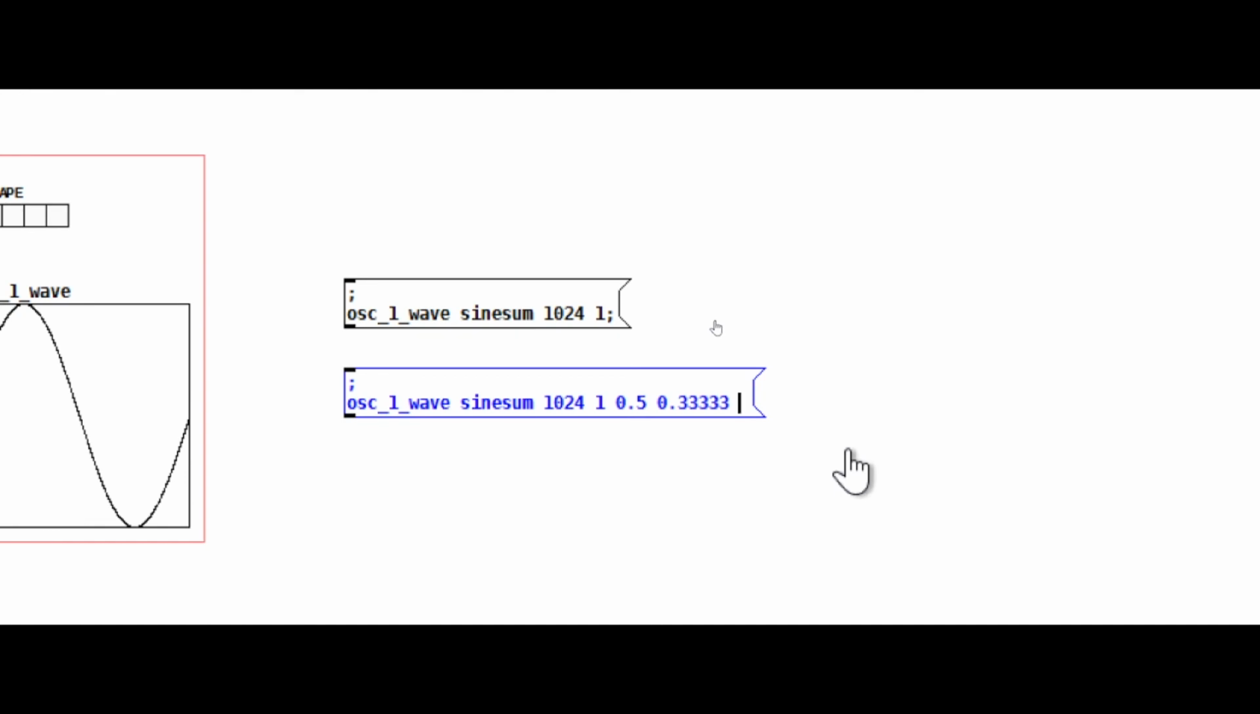Okay, next. This is the fourth harmonic. That's 1 divided by 4, which is even enough, 0.25. The next one is 5, so that's 1 divided by 5, 0.2. The next one is 6. 1 divided by 6 equals,